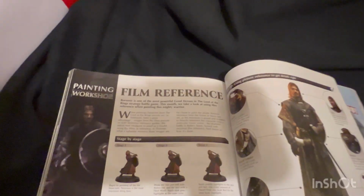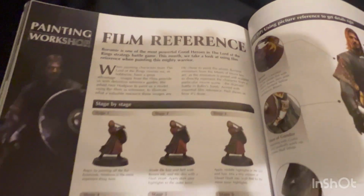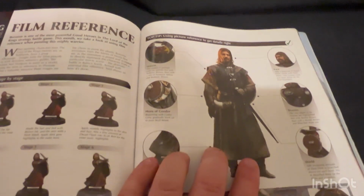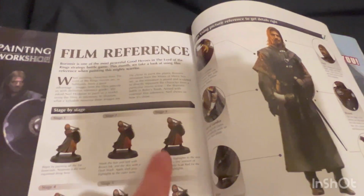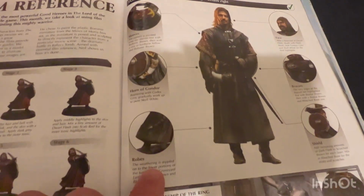Yes, and then of course Painting Workshop. This one is about film referencing for Boromir, right? They want to get a model to match what Boromir looked like in the Fellowship of the Ring. So the steps they went through to get the basic colors right, and all the little details like the sleeves, the Horn of Gondor, all that stuff to kind of get him looking like he did in the